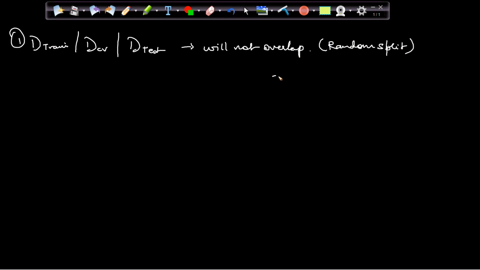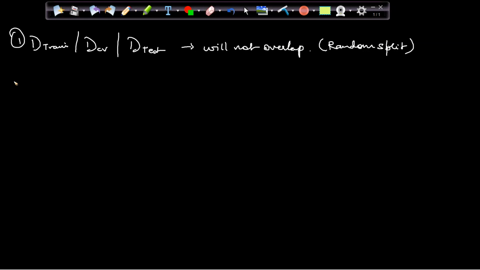Overlap as in what I'm saying: if this is the train, the same data is the test and the same data is the CV for all the points. That's not possible. Nearby things will be there, but exactly the same points in train, in test, and in CV, for all the points, is not possible, which logically makes sense.